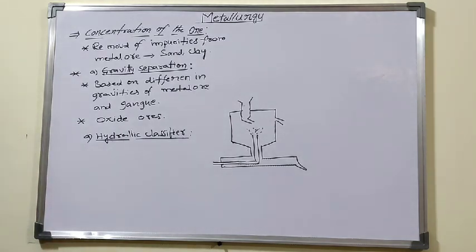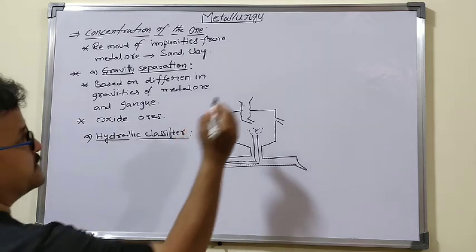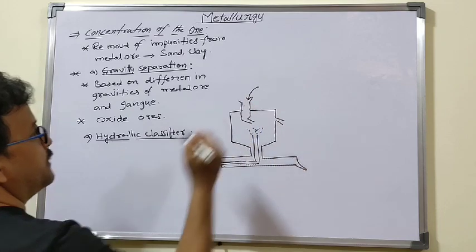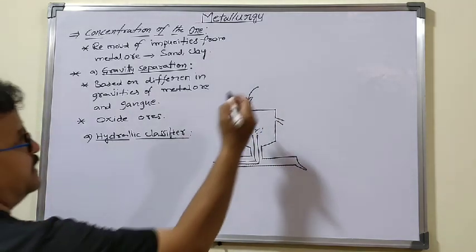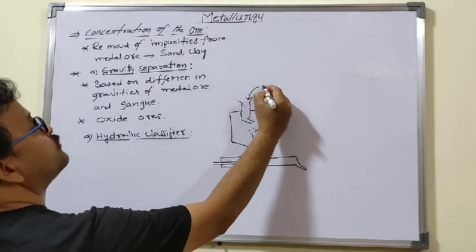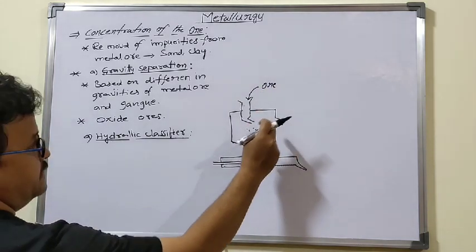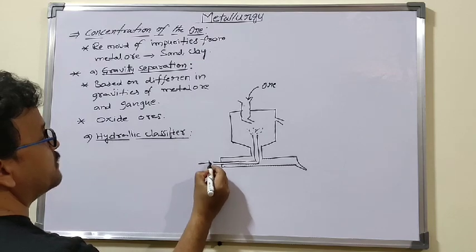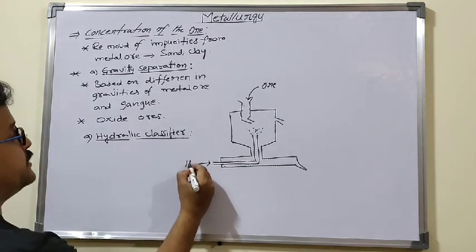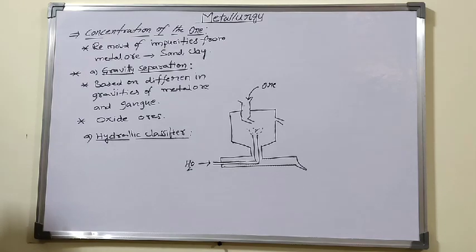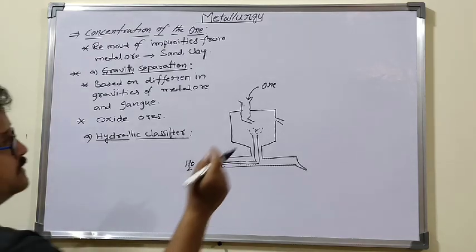This is the hydraulic classifier. It contains a large conical reservoir with two inlets. At the top of the reservoir we have one inlet, from which we introduce the ore, and another inlet at the bottom of the reservoir, from which we introduce water. And two outlets, one